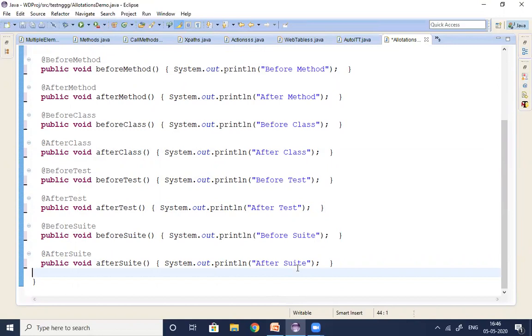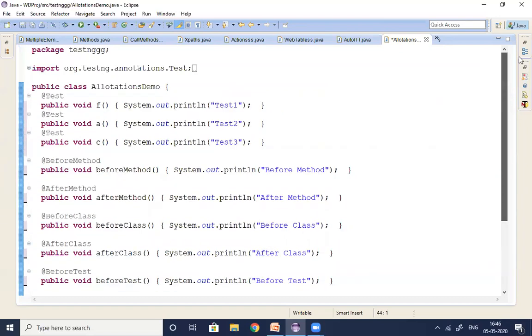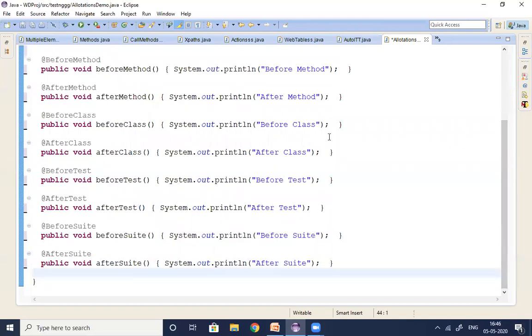But this is not the way we are writing the scripts in projects, guys. Yes, we are using all these annotations, but not directly like this. We are using these annotations with the format of an XML file. By using XML tags, we are handling these annotations, guys. That we'll see in the next video, how to run these test scripts through an XML file in the TestNG framework. So I'm just trying to show you how annotations are working. Now let's run this code.